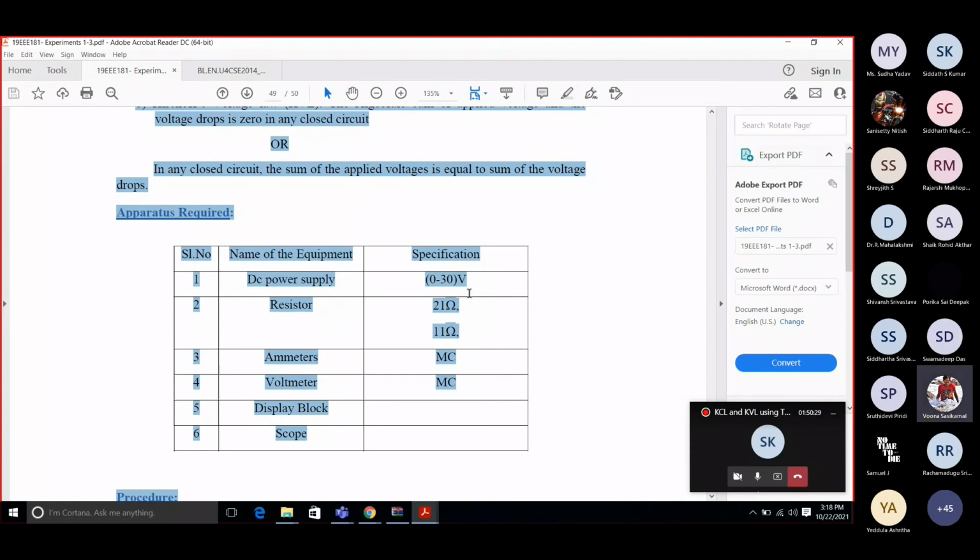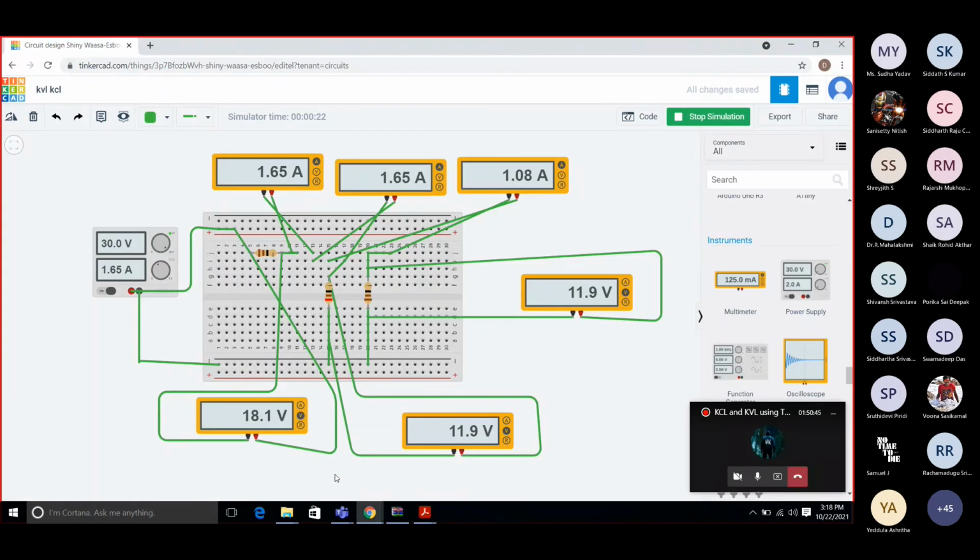Don't ask anybody which value you should put. Nothing like that. What you feel in your mind, that value you put. Ma'am, we can change the resistors also, ma'am? Up to 60, is it possible in simulation, Sudha? Any constraint, Sudha? No, ma'am, no constraint. Any value they can give. Only the DC supply maximum is 30 volts. Resistor you can take even kilo ohms and all.